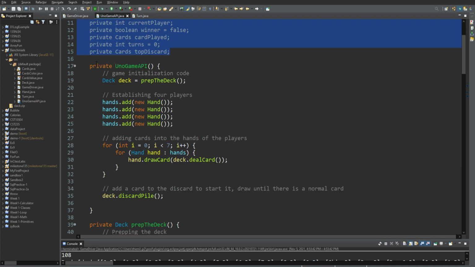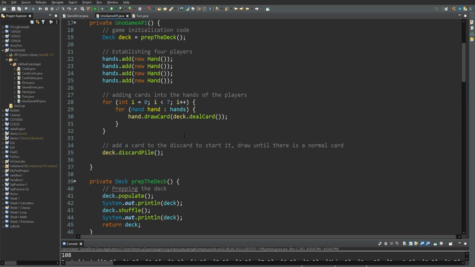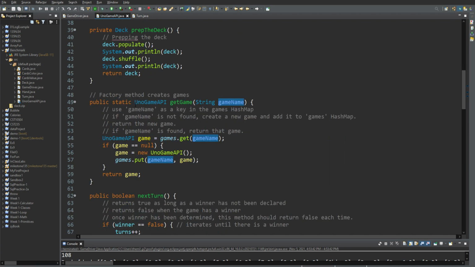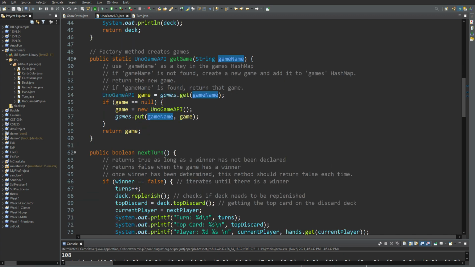All right, the Uno game API constructor over here creates our deck. We add our hands, adding the cards into the hands of players, create our discard pile by adding a card to it, and prep our deck. We also have this factory method, which creates the games using a key, with our hash map. If we don't have a game, or game equals null, then we go ahead and create a new game. And if a game is found, then we return that game